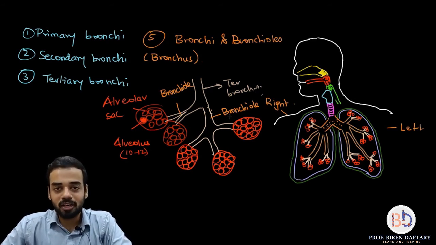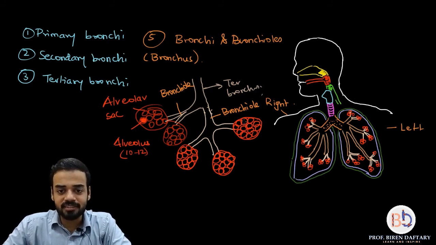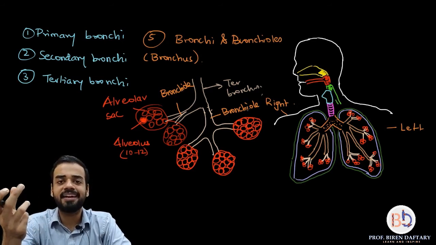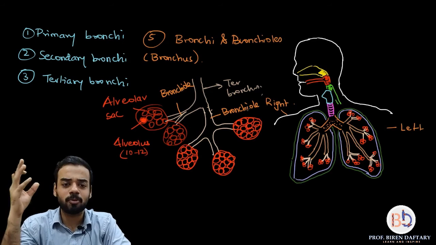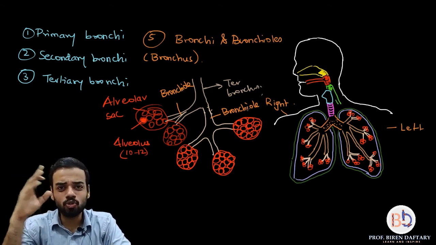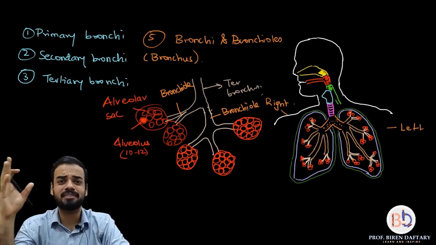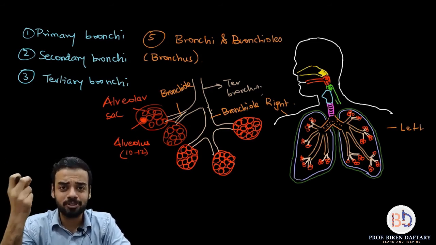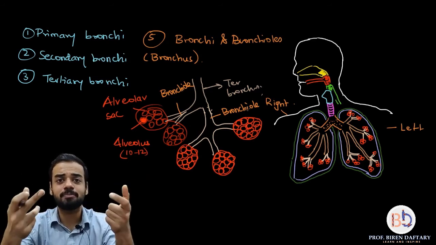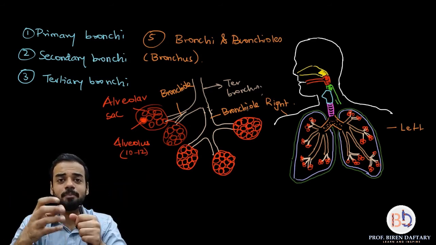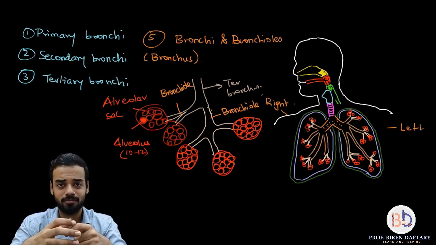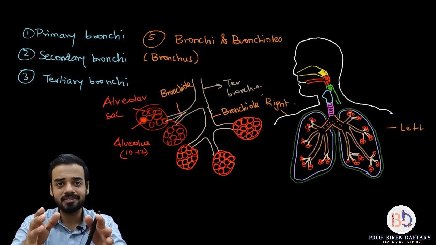About alveoli, what I wanted to say is each alveolus is very spongy and elastic, and each alveolar sac is made up of about 10 to 12 alveoli. In total there are millions of alveoli present in the lungs, obviously because of the size, and they are spread throughout the lungs. When you breathe in and breathe out, these are like balloons: they expand, they inflate, they deflate, they contract. Is this clear?